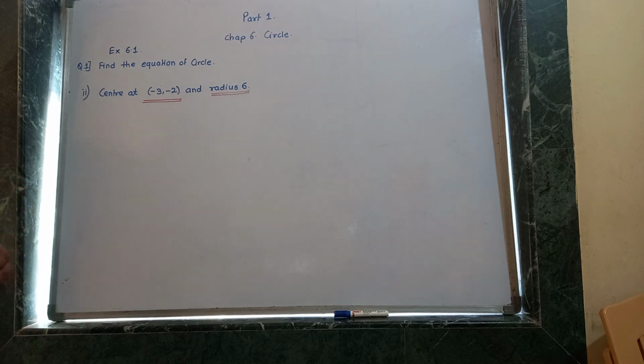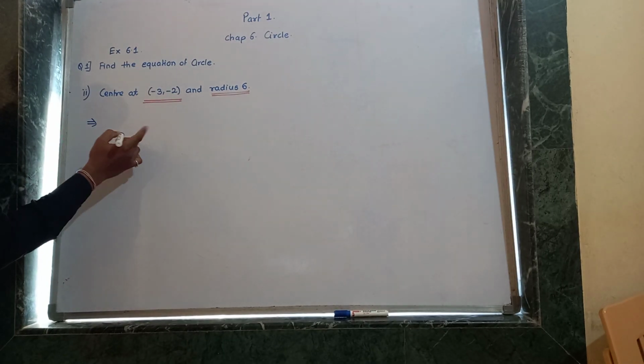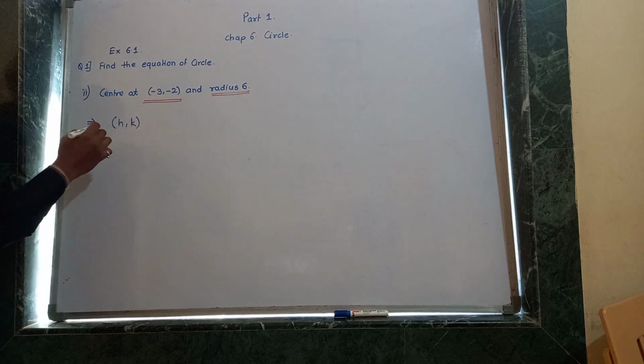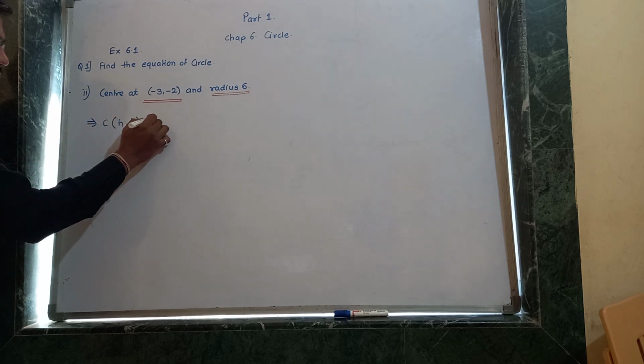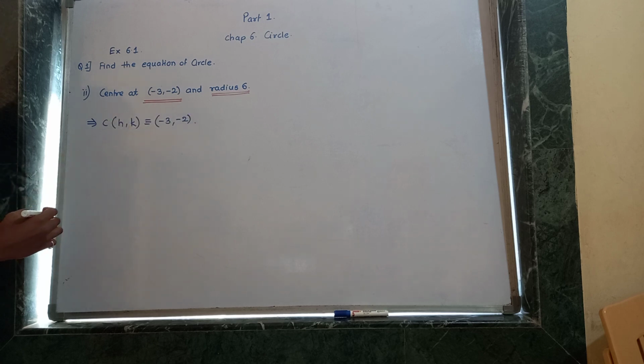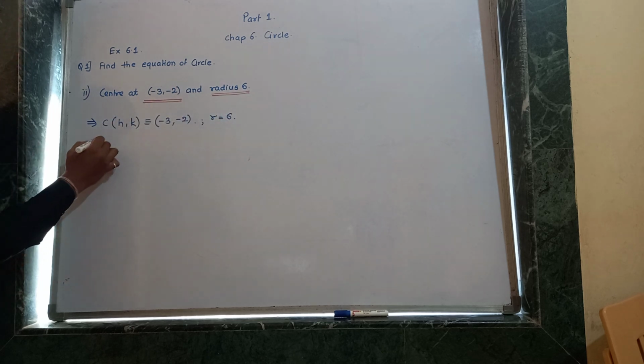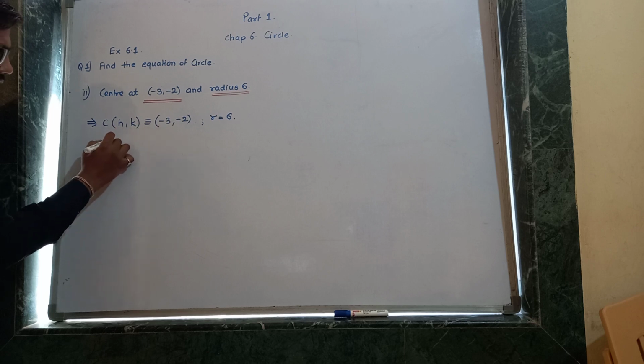Center is something different than the origin. That means for the given problem, we note the center as (h, k). Consider that point C. So C is (h, k), these are the coordinates. So what are they? -3 and -2 are given to us, as well as radius 6. So r = 6. That means if you compare it, h is -3 and k is -2. When a center other than the origin is given,